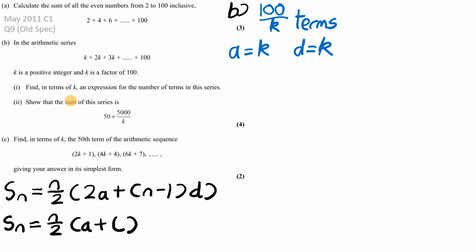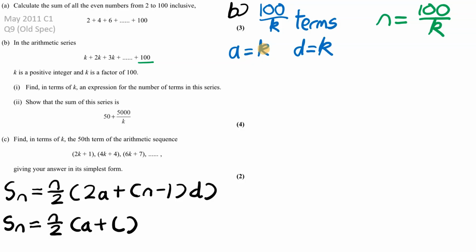Okay, and then for the second part of B, we need to show that the sum of this series is this here. And as we showed in the first part of B, there are 100 over k terms. Therefore, we're going to sub in n is equal to 100 over k. Now, I do quite like this question, but one of the problems with it is that this is another question in which we can use this formula for Sn here, where it's n over 2 (a plus l), because again, we know that the final term in the series is 100. Again, normally we don't use this formula, we normally only use this one, and you can still use this formula for this question. However, this is another example where you can actually use this more unusual one,